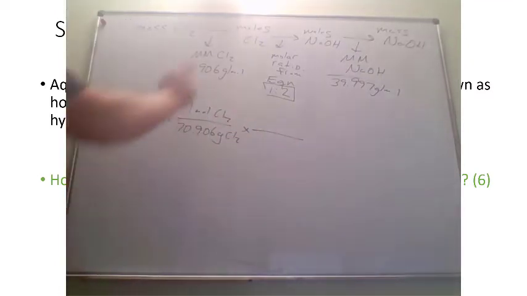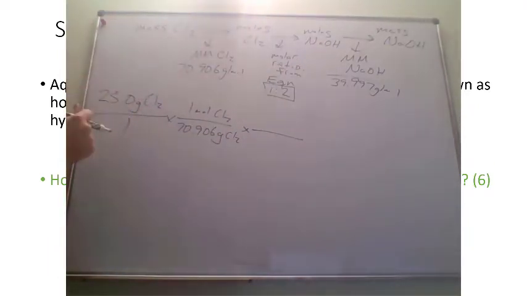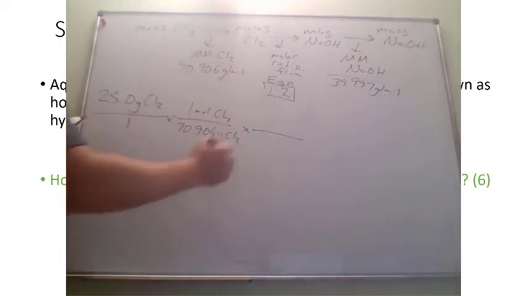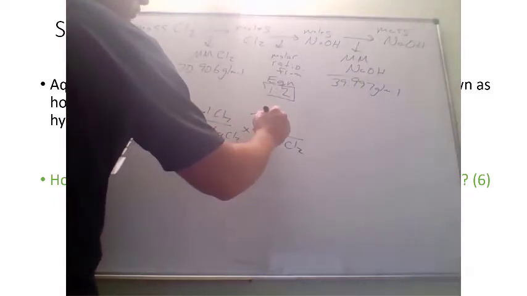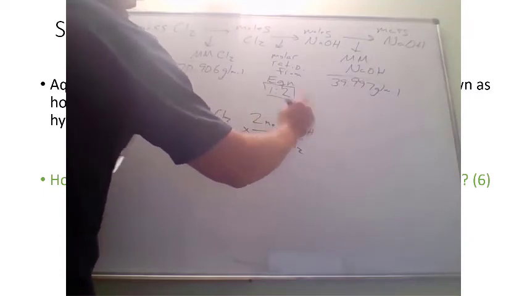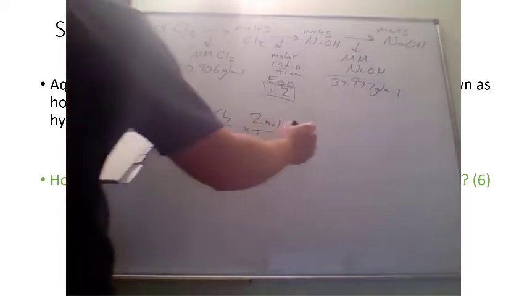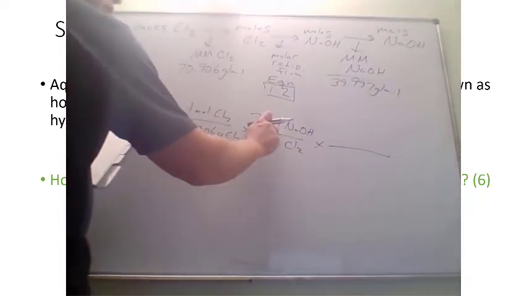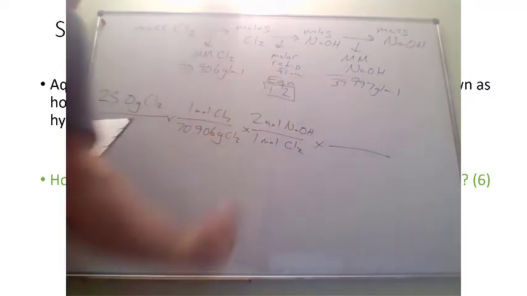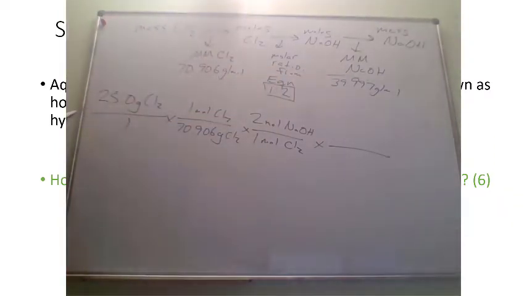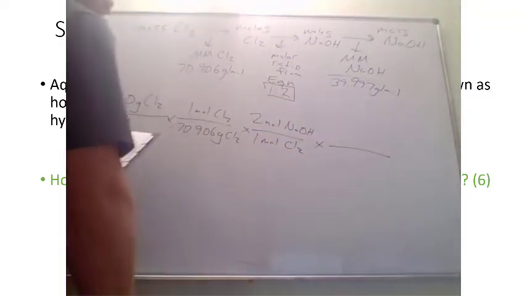Now we need to convert from moles of Cl2 to moles of NaOH. So we have our conversion factor, which is 1 to 2. So for every 1 mole of Cl2, you have 2 moles of NaOH. Again, that conversion factor is the molar ratio coming from our chemical equation. So now we have moles of NaOH that we have to convert to grams. So we're going to again use our conversion factor, the molar mass of NaOH. The number of moles has to be on the bottom to cancel, and that leaves us grams on the top